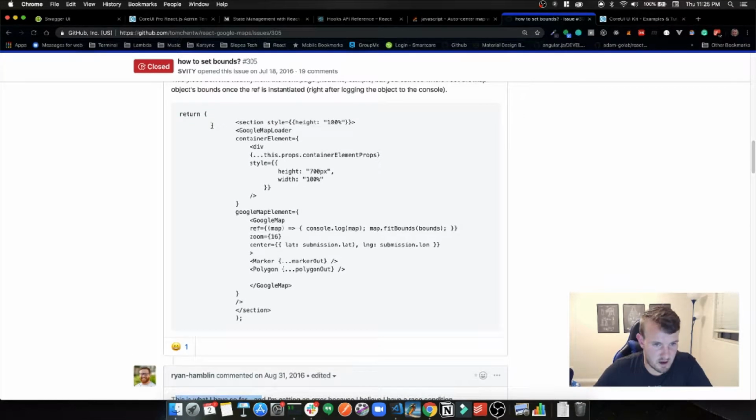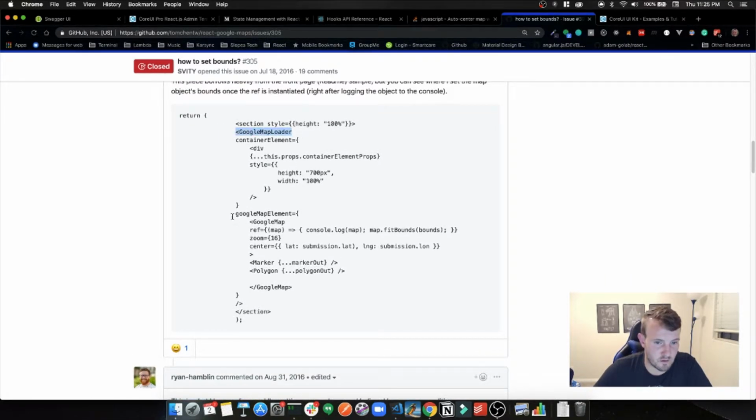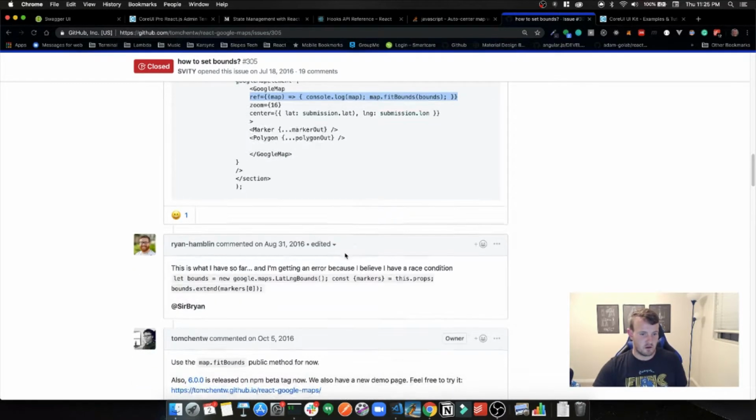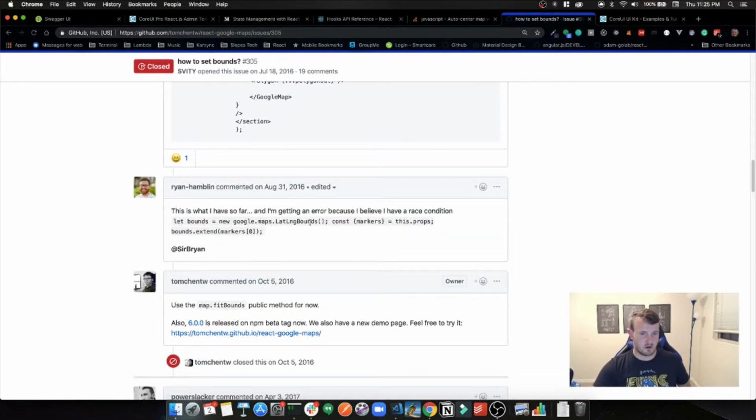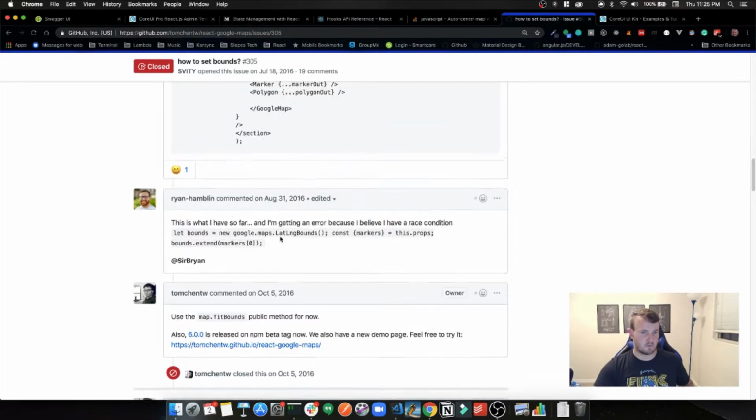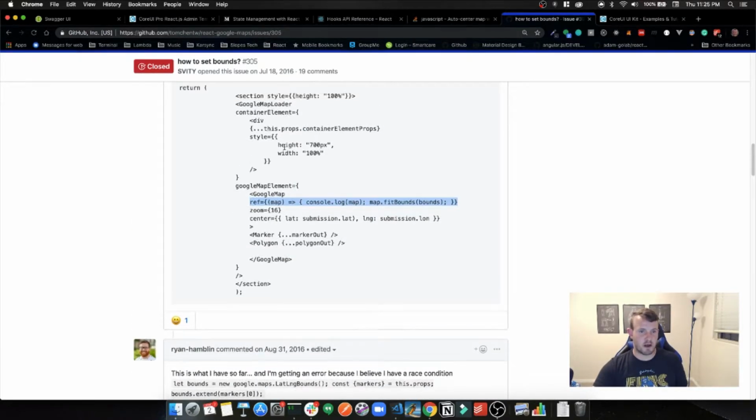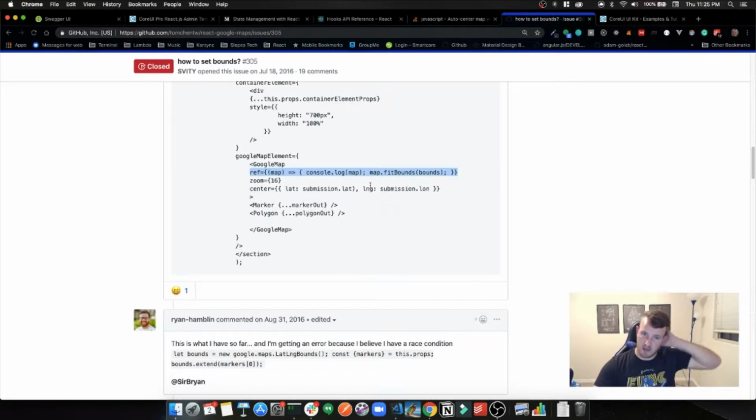Okay. So let's see. Google Map Loader, Google Map Element, Google Map Ref, Map Fit to Bounds, Bounds. Okay, so we might just have to do something like that and set a ref. See, this is the syntax that I recognize a lot more. Okay, so cool. So bounds is going to be what we saw in the actual